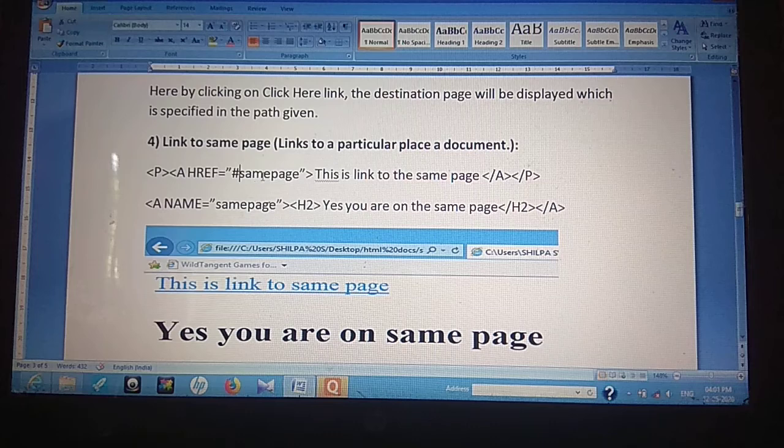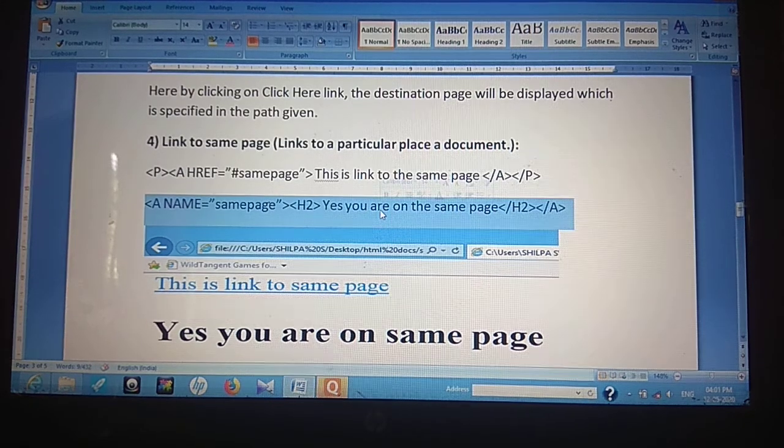So hash same page is the link that we are going to call, and this is the text, this is link to the same page. So over here I'm going to create a link on this text, and it will go to the line 'you are on the same page'.